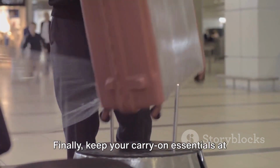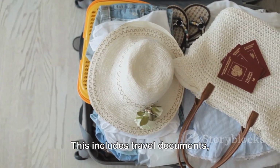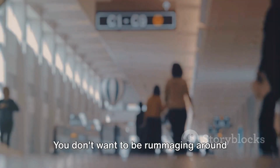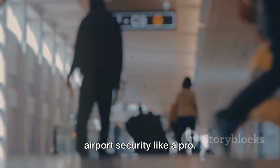Finally, keep your carry-on essentials at the top of your bag for easy access. This includes travel documents, medication, and any in-flight entertainment. You don't want to be rummaging around your bag when you need them. With these tips, you're ready to conquer airport security like